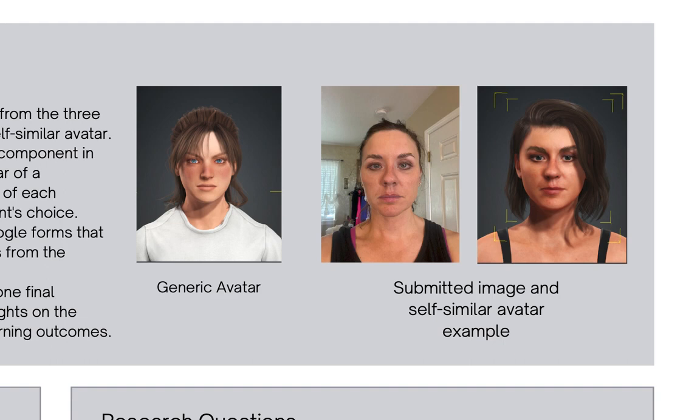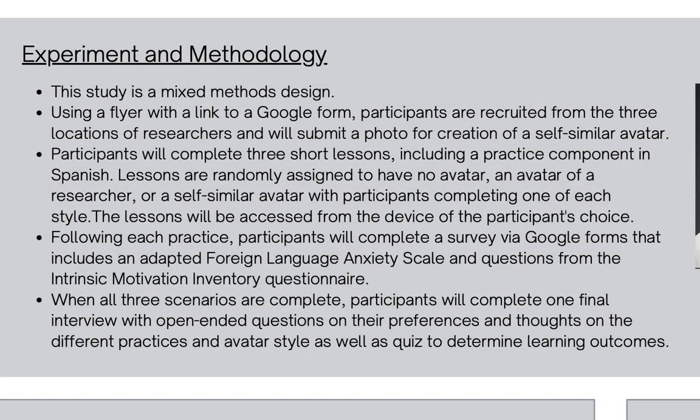And then each of those will be assigned randomly to 1 of 3 lessons with the concepts of numbers, colors, and shapes in Spanish. And it's very brief. There's no AI involved. It's simply the participant hearing the item mentioned that's shown on the screen, then repeating it and practicing, and then a short quiz at the end to test their knowledge.